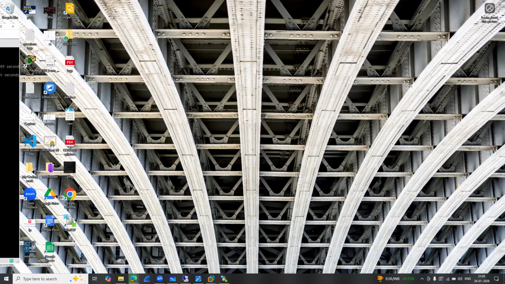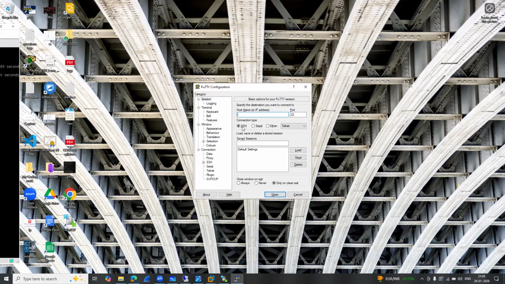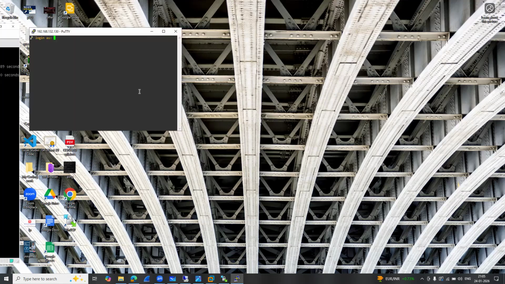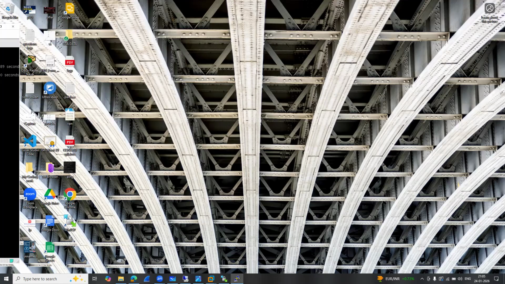Meanwhile, I will log in via PuTTY, 192.168.132.130, with root. There is a fix permissions command in EVNG.